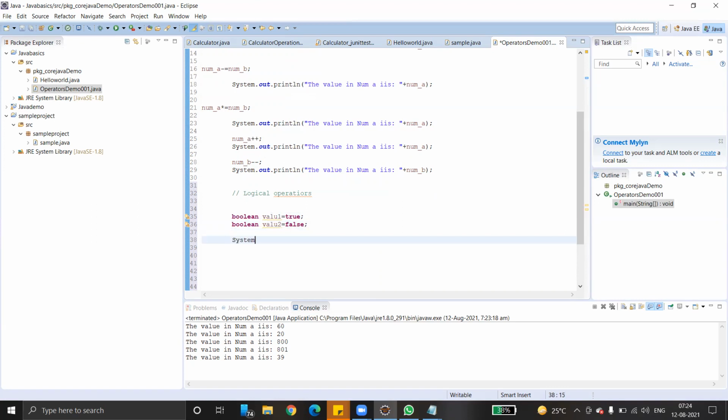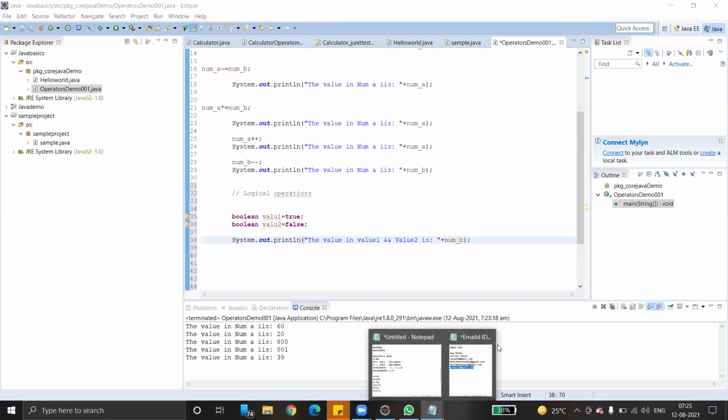System dot out. Now here I just want to apply AND on value1 and value2. What is the result? Tell me. Very simple.